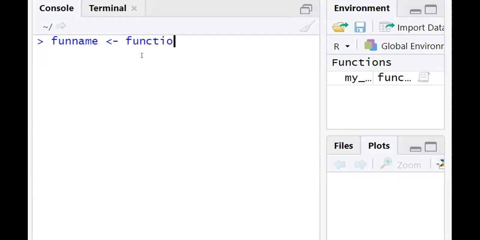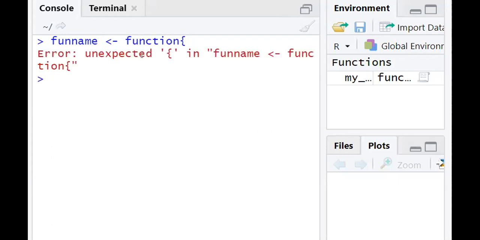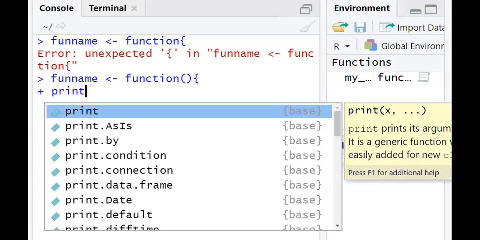Then followed by the function keyword and empty parentheses. Then the curly braces should open. Inside this, we can do the processing.